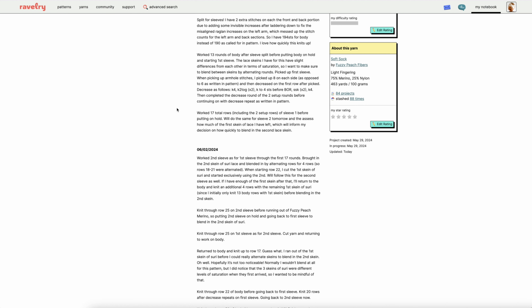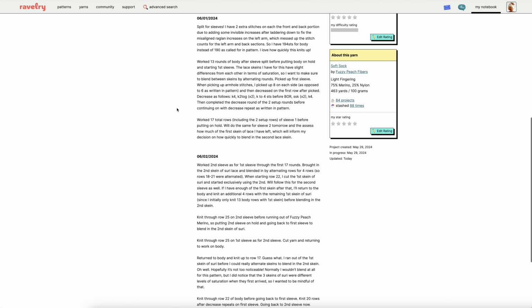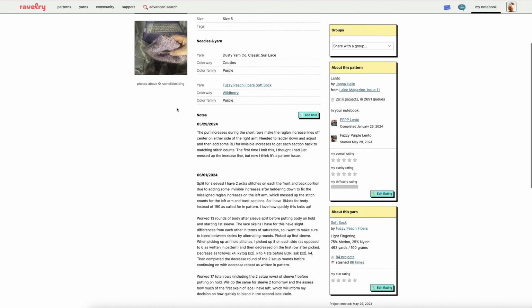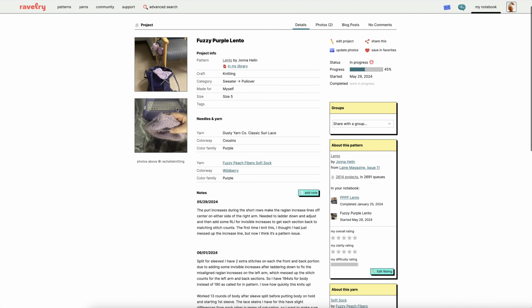There are no rules of what you include or exclude from your note. Of course, be respectful of paid patterns and intellectual property. Don't give anything away to someone who hasn't purchased the pattern, but you can use this as a helpful note to yourself and make the most of it or the least of it, whatever works for you and your brain in your making process. I hope it streamlines your making process and creates less headaches for your future self when you're trying to remember what in the world you did